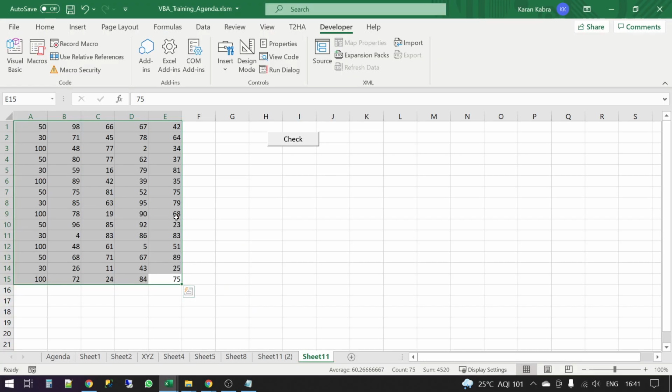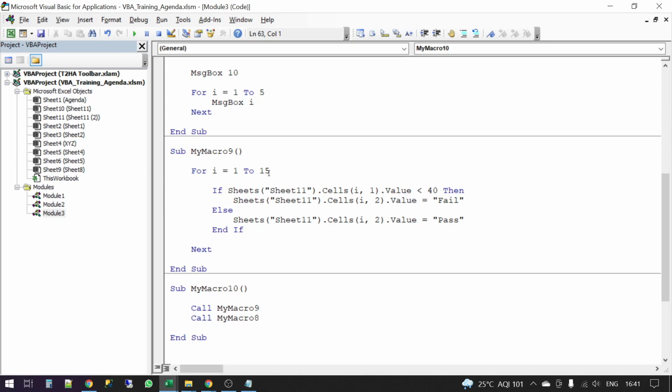So here is the problem. Now I want to perform one operation on all of these 15 by 5, 75 cells. And that operation is basically highlighting the cells which are below 40 in value. The code that you just saw is only a one-dimensional code.